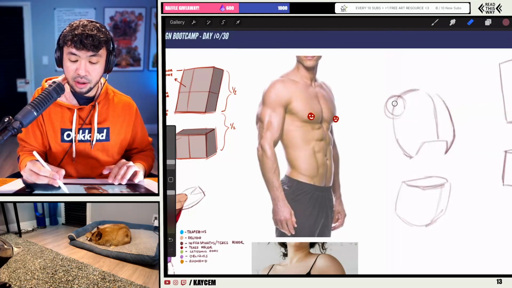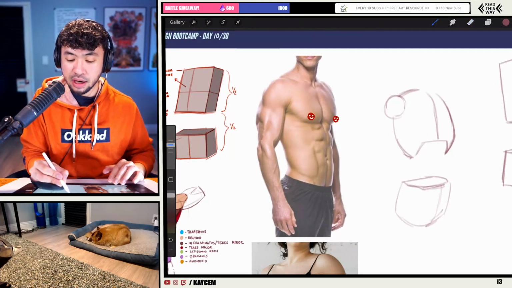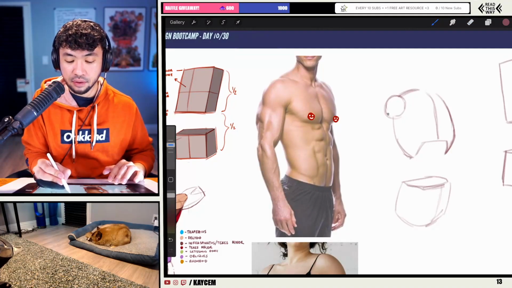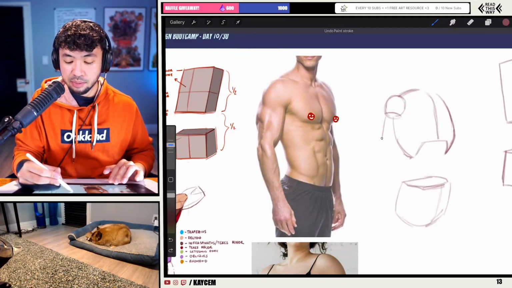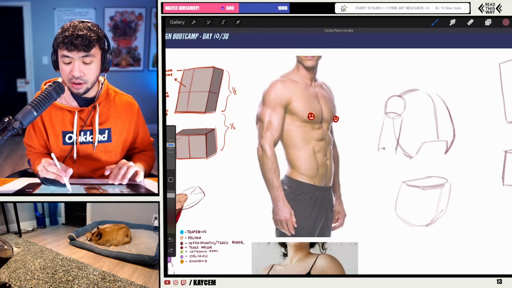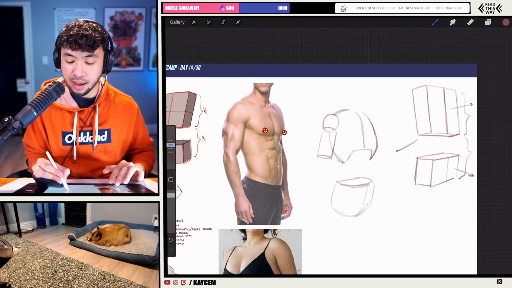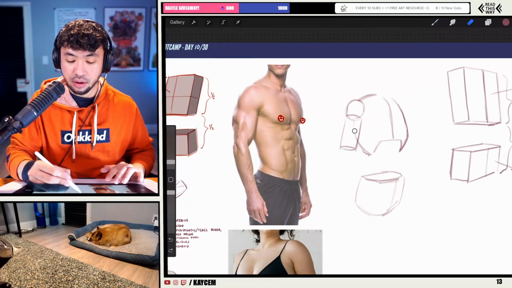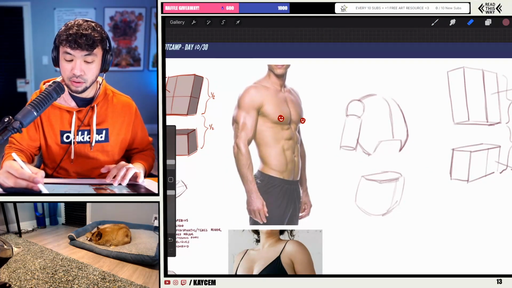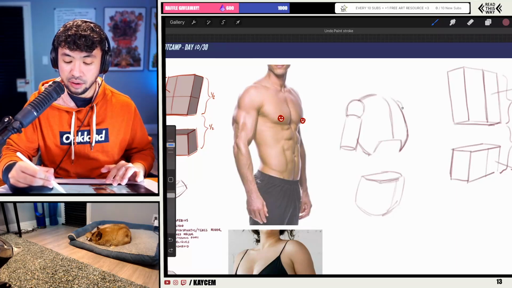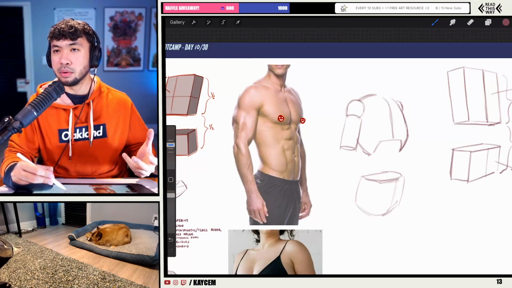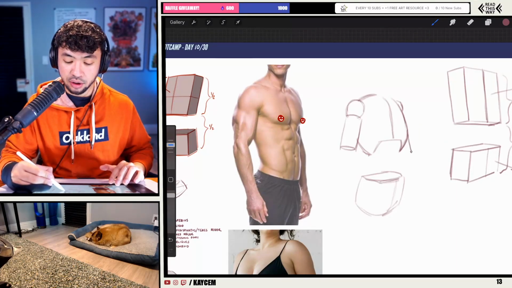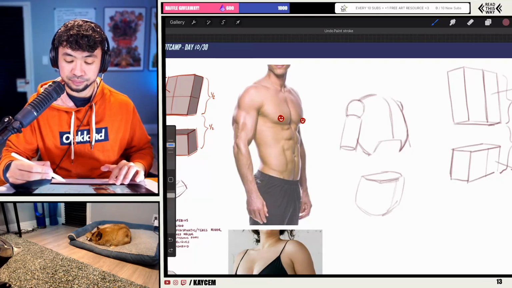So right now I'm going to go in and place in some simple forms. Now I'm going to put in a little joint there for the arm, and I'm just trying to keep this here, and then we'll lay the anatomy on top. But you can already see I'm taking the shape we have here on the right side that I just drew, and giving it a little more shape, making it feel a little more human,